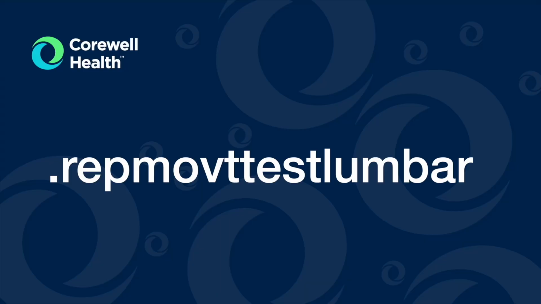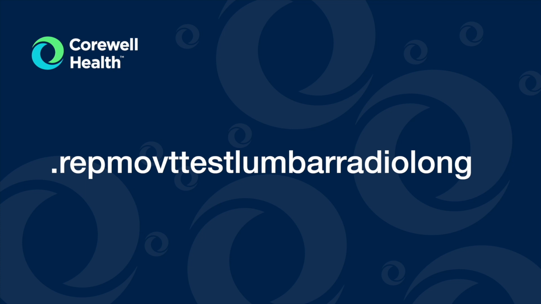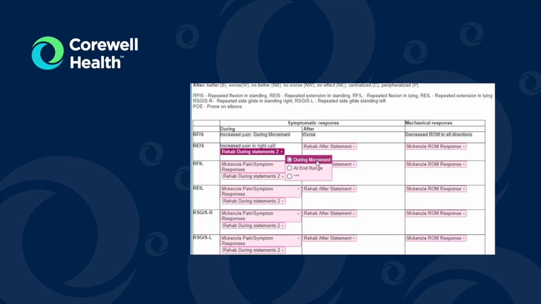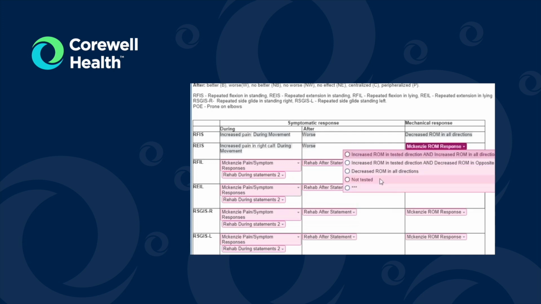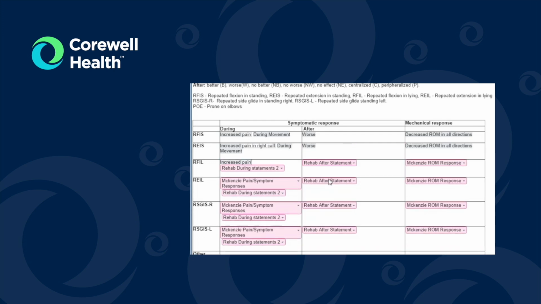To pull up all the SmartPhrases developed by our special interest group, you can type in .repmovttest lumbar. 5 SmartPhrases will pull up in response to this prompt. In this video, we will focus on the easiest to use and most comprehensive of these, which is the radio long button. This SmartPhrase utilizes radio buttons so that you can select from the drop-down pick lists, making documentation quick